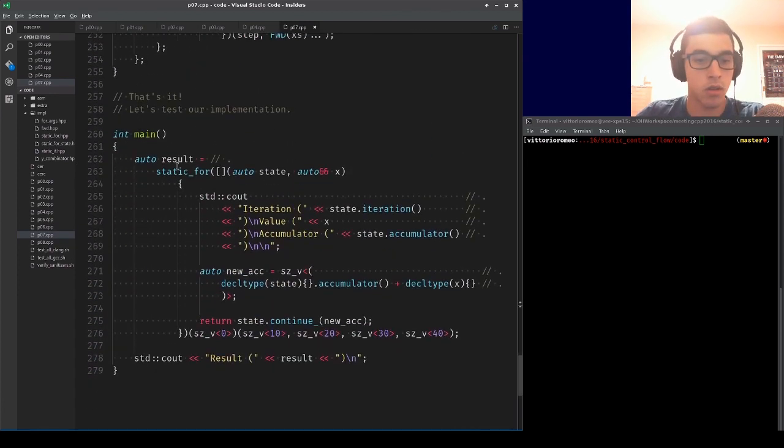So let's test our implementation by creating this static for here, which takes this body, and the body will simply print out the iteration, the value, and the current accumulator. And it will compute a new accumulator value by simply adding the current value to the previous one. And we'll always continue with the new accumulation value. Then we'll bind 0 as the initial accumulation value and call it with 10, 20, 30, and 40. So if we run this code here,